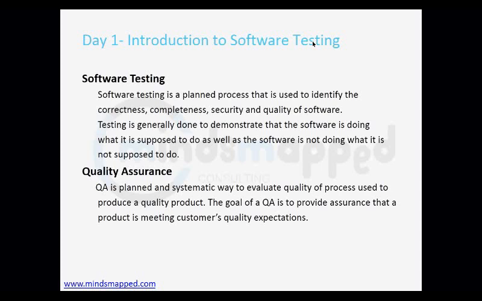Software testing again. Before handing the software to the client, we need to make sure that the software is correct. It is complete, complete in the sense it's bug free. It is secured. What do you mean by secured? Secured in the sense that the software itself should be secure, and some end user should not be able to hack it. So by giving the software to the client, it should be completely bug free, it should be secured, and the quality of the software should be good. Then you say that yes, my software testing has been completed on this product and it has been released in the market.